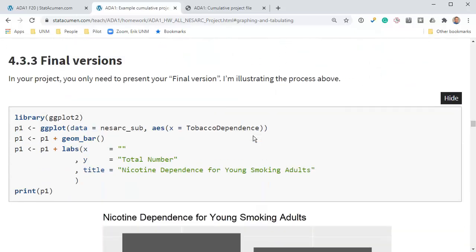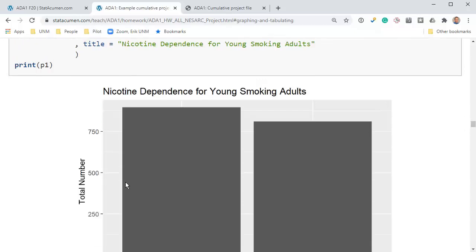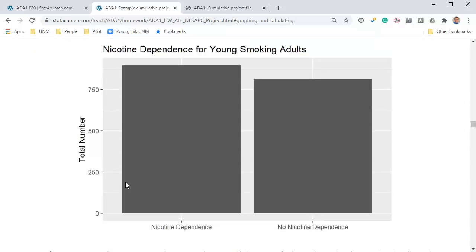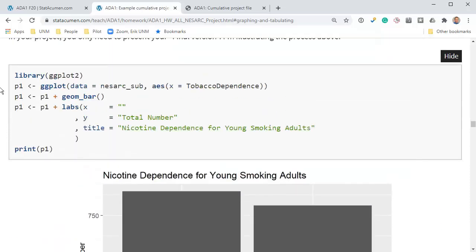And then final versions. I go through an exposition of how to build up a plot, but I recommend that you just start here at the final version, because we have all of our labels that we need to fill in and no additional stuff. Notice here I've removed the variable label because I've basically included it in the title. And the category labels tell you enough. Total number is what I've put as a label for the y-axis. All right, so let's grab this chunk of code